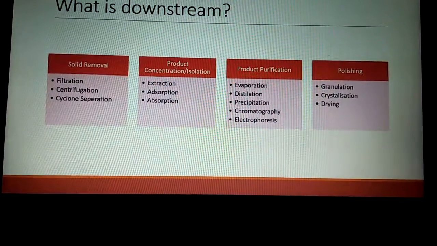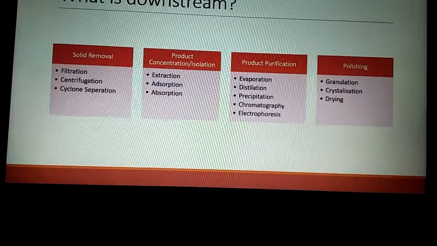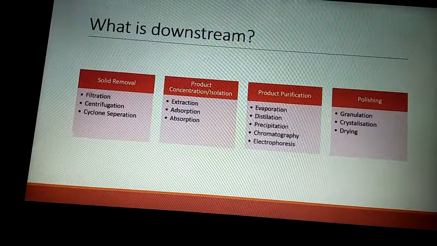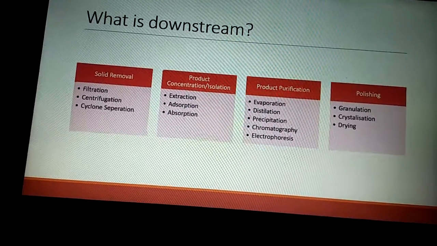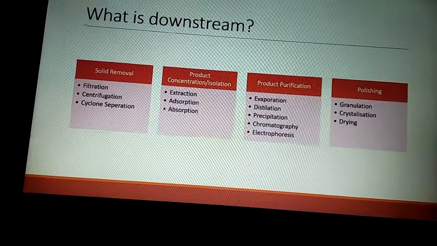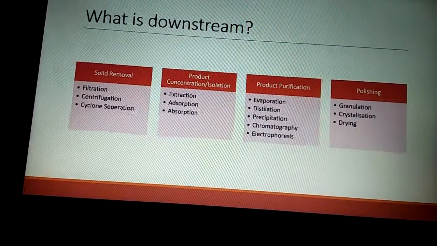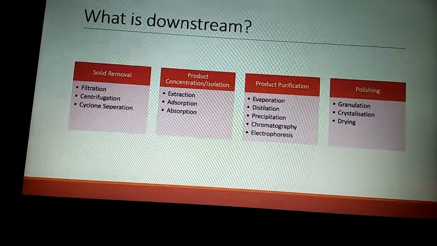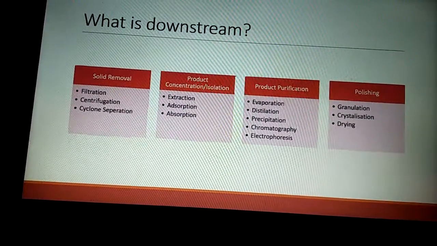And typically the group of downstream processes includes four. As you see, solid removal, product concentration or isolation, product purification, and polishing. First, I want to talk about solid removal. So what's actually